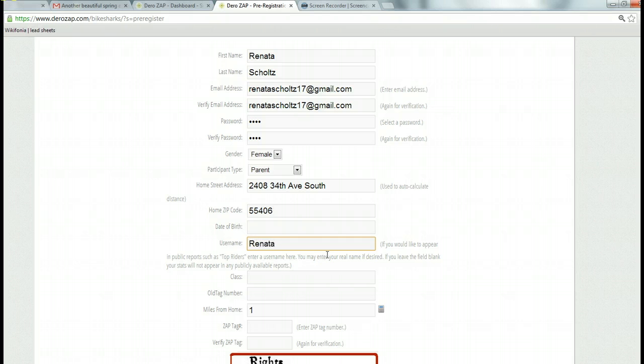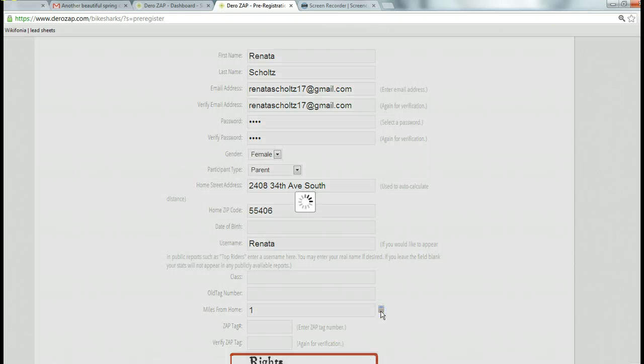So some people will put in their first name, some people will put in just their first name and their last initial, or just biker chick, or something like that, so that they know what it is, but other people don't. So you can put in whatever you want here. So I'm just going to put her first name in, and then if they have an old tag, what this will do is it'll actually calculate the mileage. If you click on here,